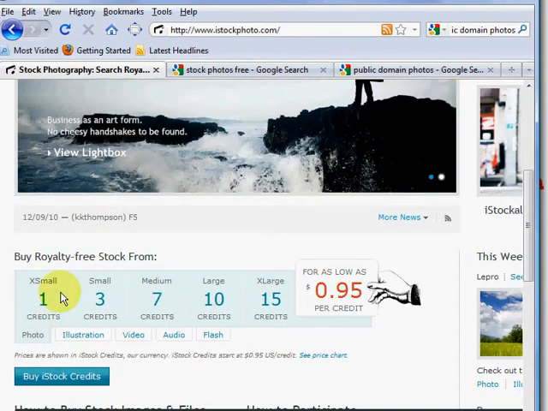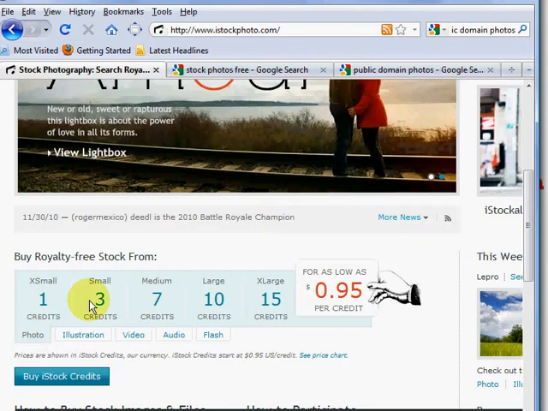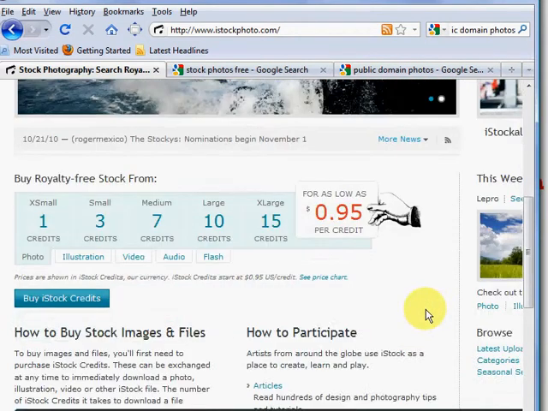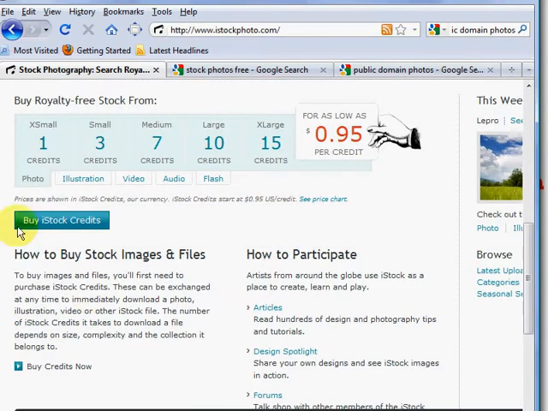For things that I use on the web, a lot of times the small or the extra small will be more than I need. In fact, a lot of times I have to either crop or scale or both the image to get what I need. So that's one way you can use it there. But it's real easy. All you do is you just go to this button and follow the directions